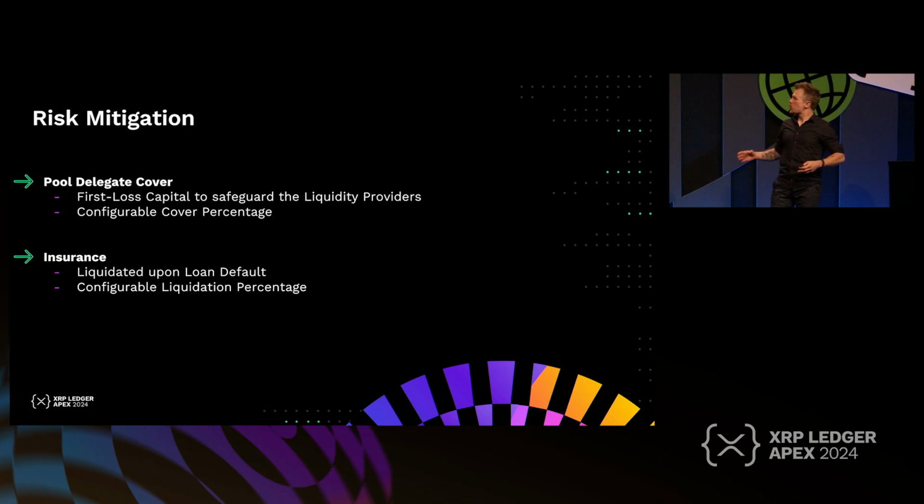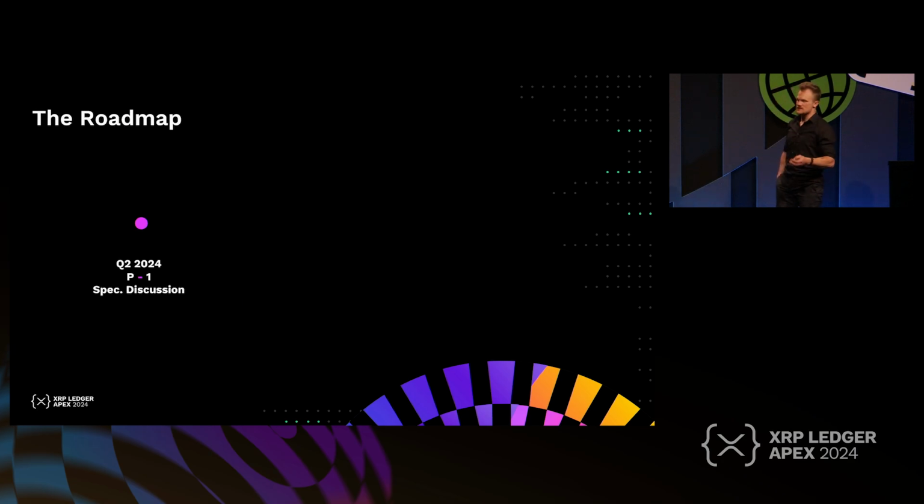So this is what I have so far about the lending protocol. It is a very high overview, but this is just the beginning. We have released the specification for a discussion with the community, and we're actively taking in feedback and suggestions. By the end of Q3 of this year, we want to open the specification as a pull request on GitHub to officially start the process of getting the specification into the